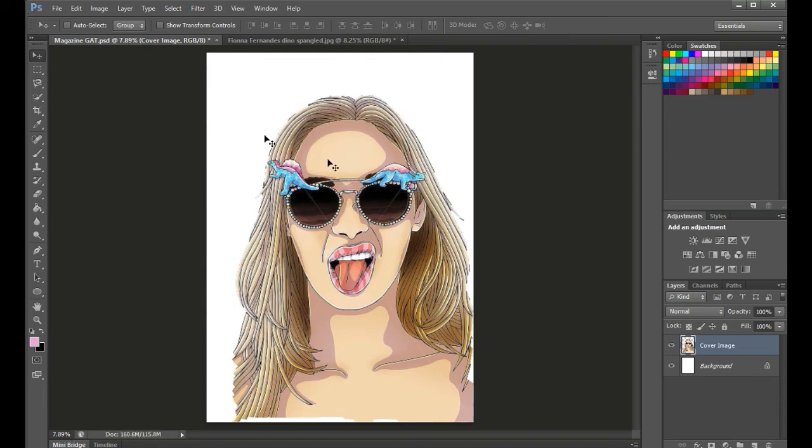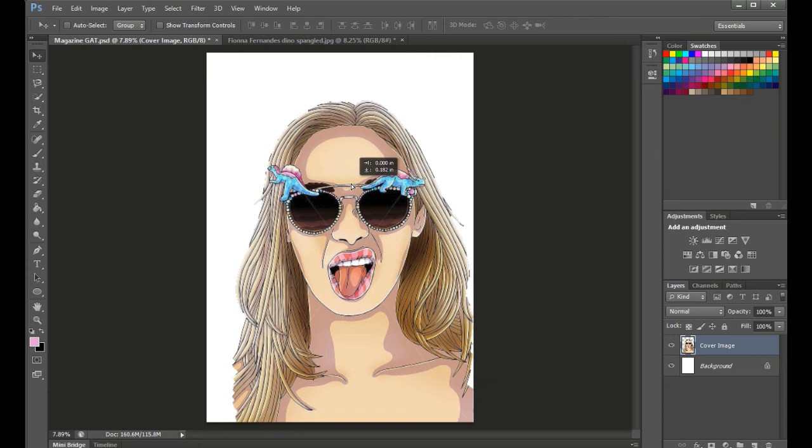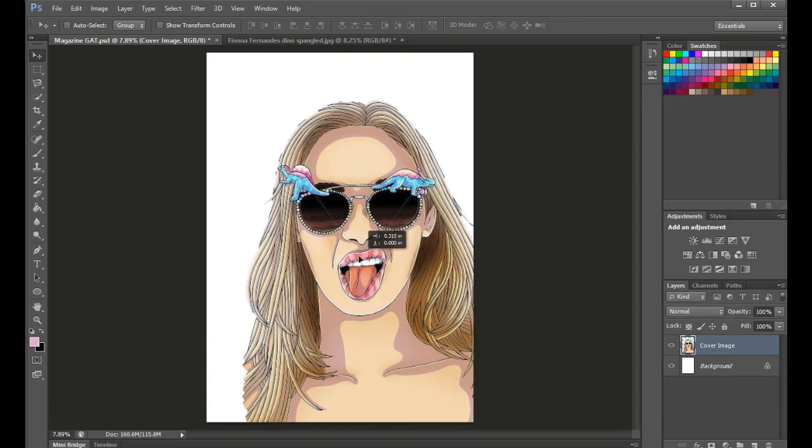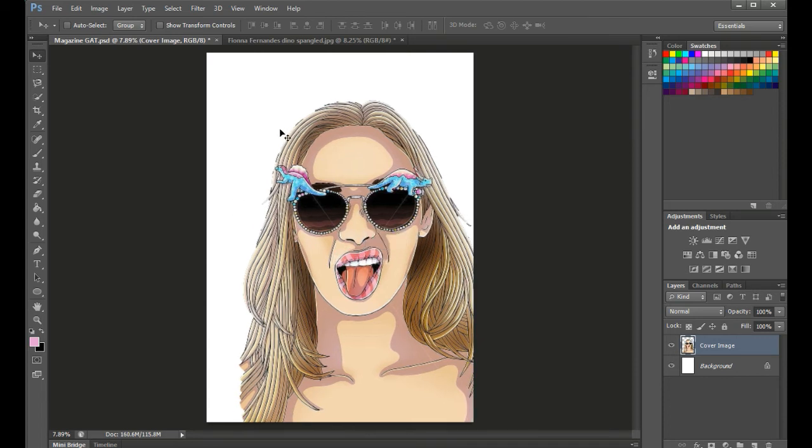Then, checking I'm on the move tool, I'm going to think about placement. So I'm going to position her about here. That way I've got enough room for the masthead up top, and I've got some room for cover lines, maybe a little bit more across here. Now I'm finding the edge here a little bit problematic. So I'm actually going to